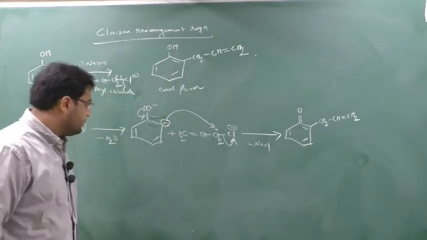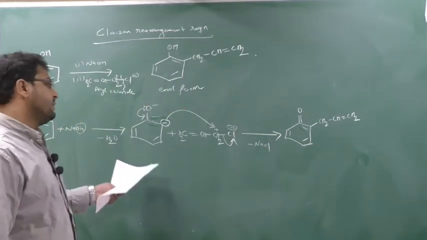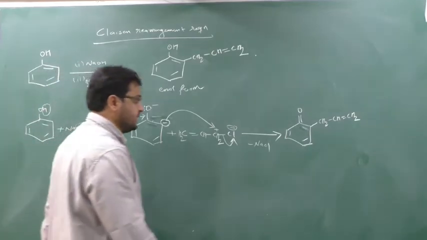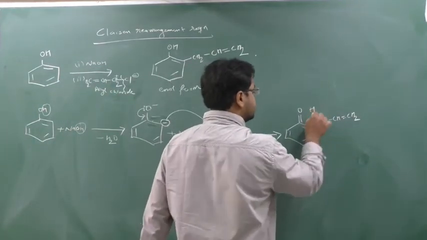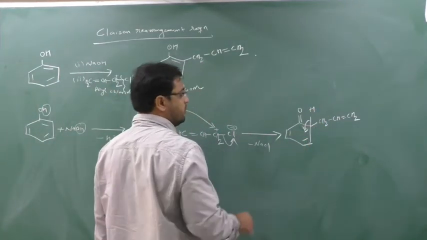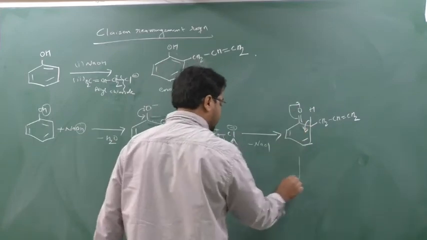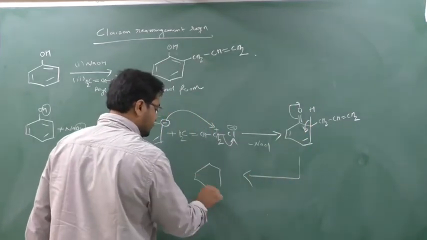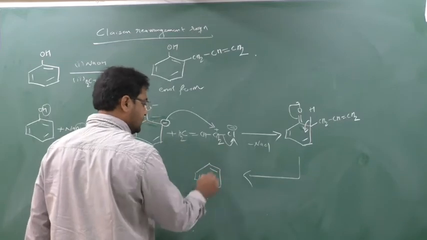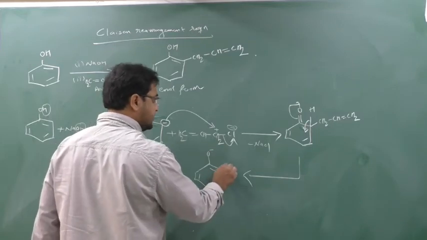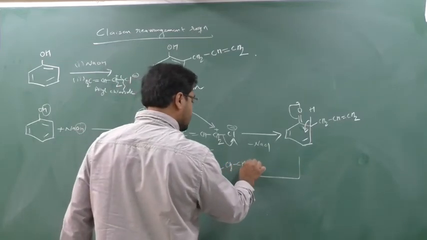Clear? Now I cannot break this pi bond because the aromaticity is lost. Now I have to regain the aromaticity. So this hydrogen will help us. This hydrogen will give its lone pair here. Again this bond will break, and what change will occur here? So here the bond will come here, here, and here O minus, and here there is CH2, CH double bond CH2.